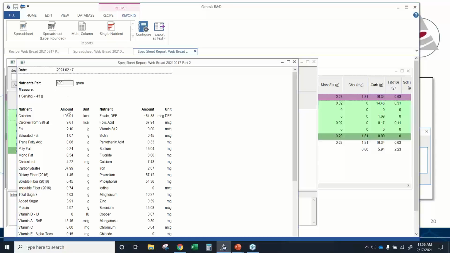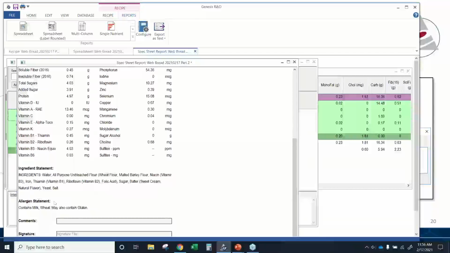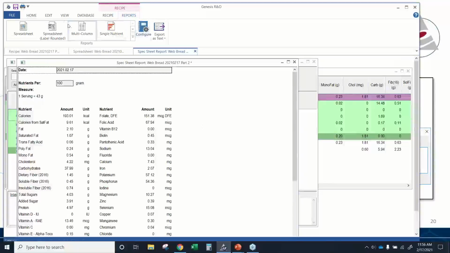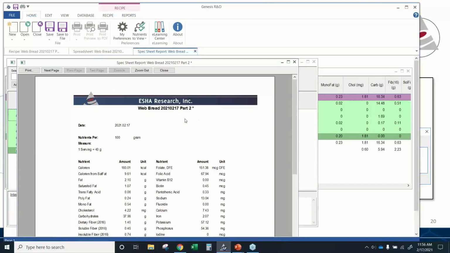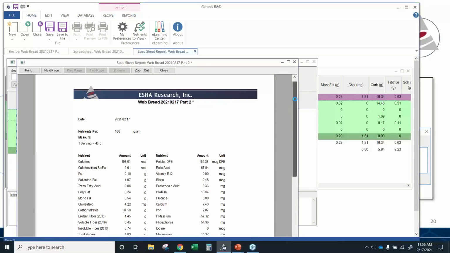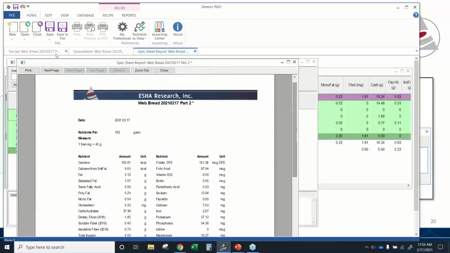So there are a few fields that you can fill in directly from this screen, and other information by default is pulled in: 100-gram amounts, your serving size, and then the nutrients based on the nutrients to view set that you have selected, as well as ingredient and allergen information. You can also include more comments and add a signature line. You can also add your logo for these reports, and in doing so